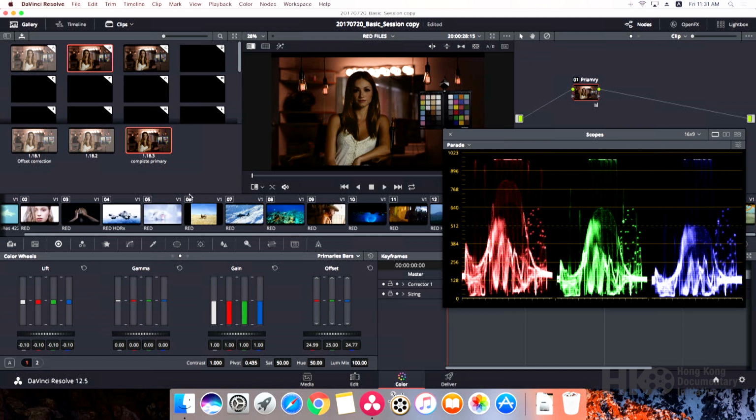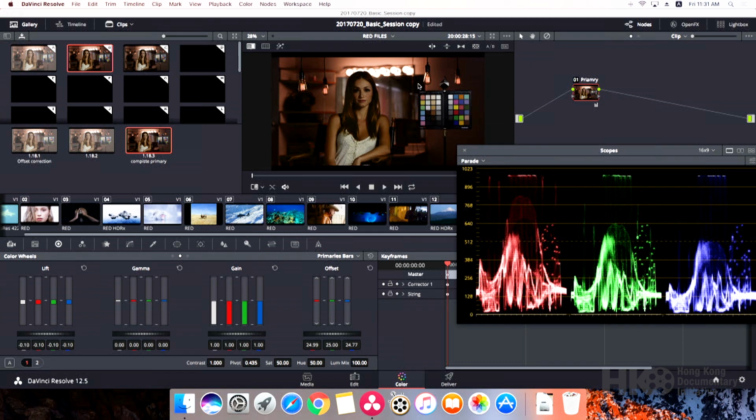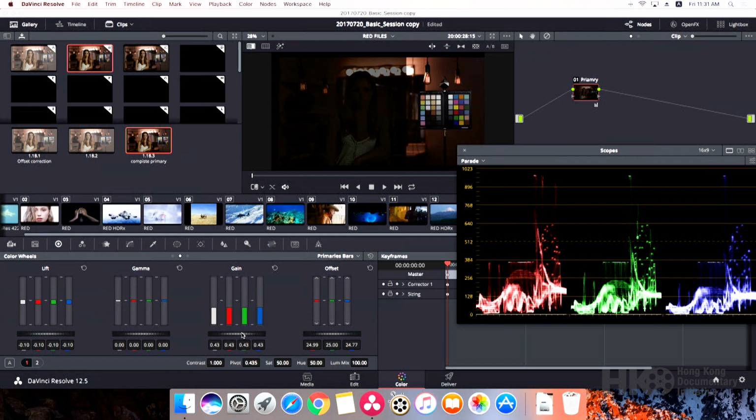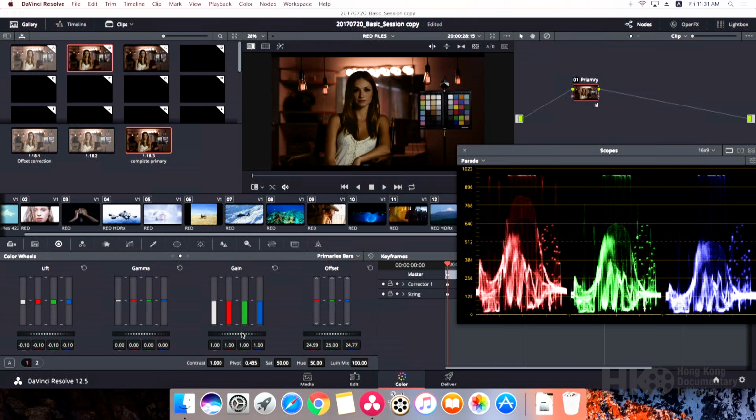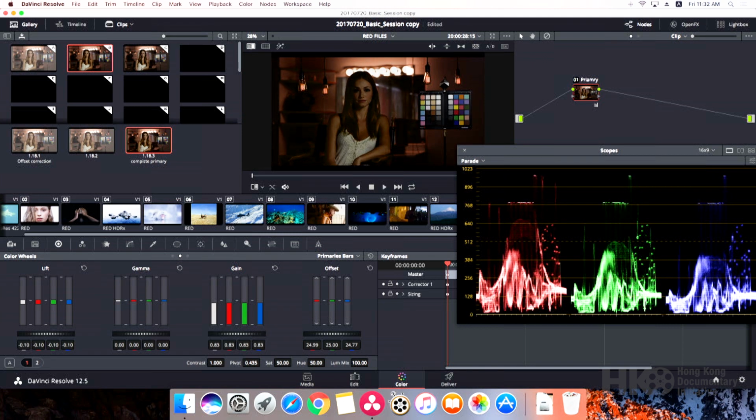So now I'm going to use another technique in the primaries. There's a couple of ways to get the top light back down. I could just use gain, and I'll use the rings here. This is gain coming down, or dragging the wheel down. This is the gain control over here. So gain are the whites, the brights. Reset that. This sort of takes all of it down together. But you're seeing